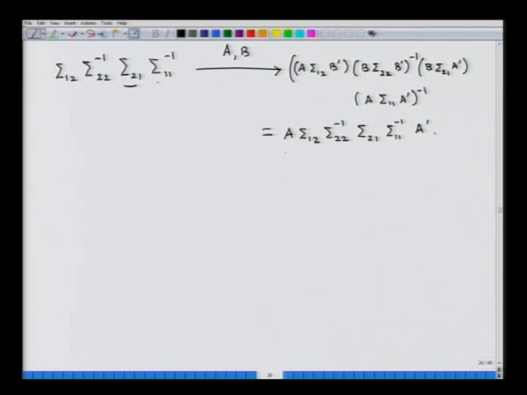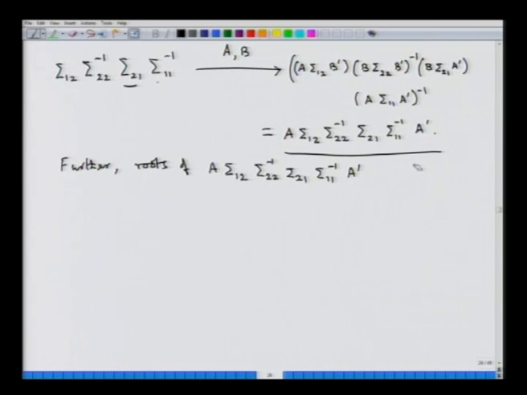Now, if we look at the roots of this particular matrix, A sigma 1 2 sigma 2 2 inverse sigma 2 1 sigma 1 1 inverse times A transpose,